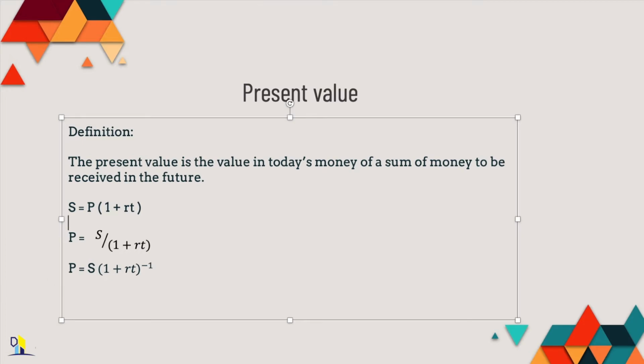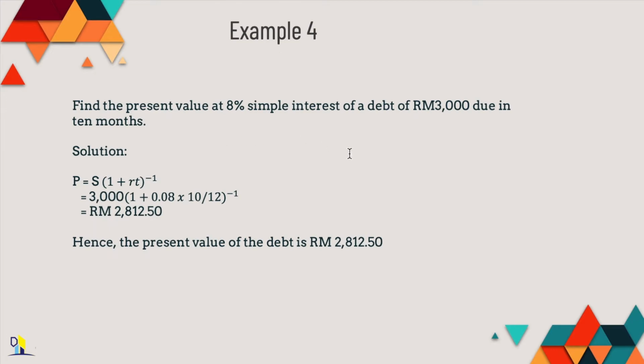So let's look at an example of how we can use present value. Find the present value at 8% simple interest of a debt of 3,000 ringgit due in 10 months. So we want to know how much money we have borrowed in order to pay a debt of 3,000 ringgit that's due in 10 months. So we put in the formula: P equals S times (1 plus RT) to the power of negative 1. 3,000 ringgit times (1 plus 0.08, that is your simple interest rate, times 10 over 12, because you are only borrowing money for 10 months) to the power of negative 1, gives us